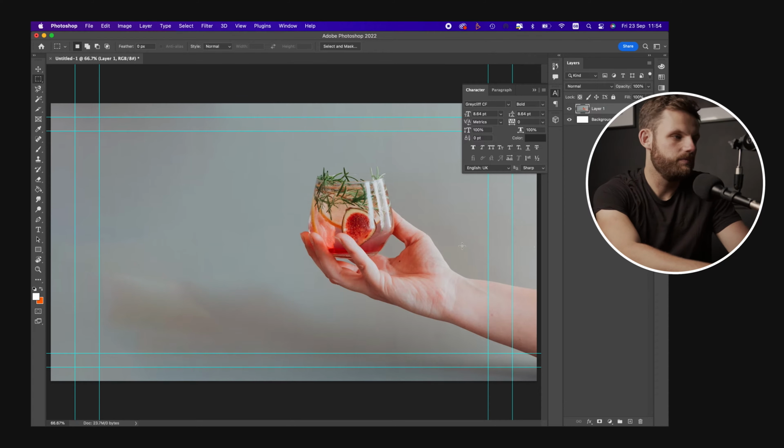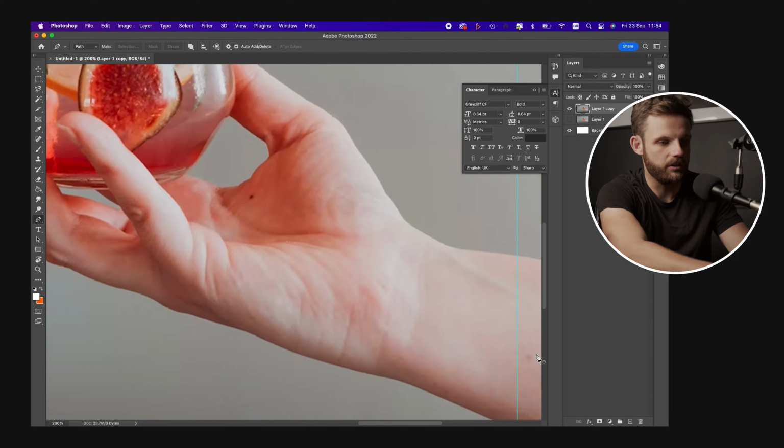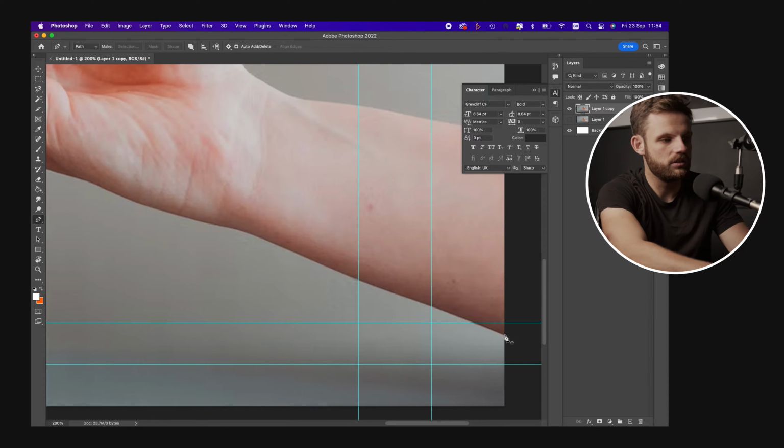What we're now going to do is duplicate this layer with Command J, hide the one underneath, and go to the pen tool and zoom in. Then simply go around the arm of this person, but it could be whatever object you choose, whether it's a standalone cocktail,